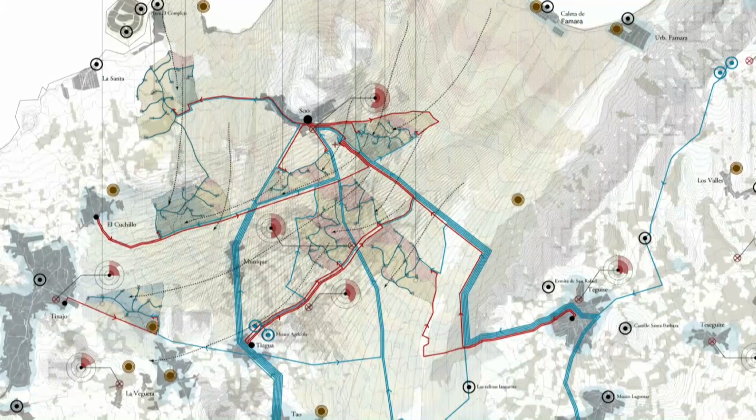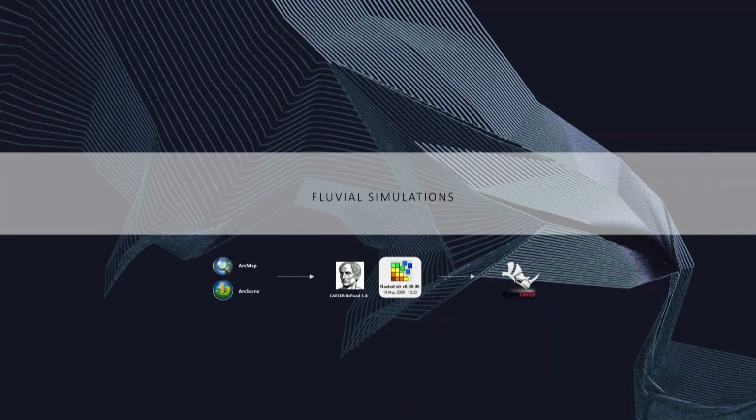Now, with this, we also have certain other simulations that we usually do in AALU, which are more fluvial simulations, which are done with river and water systems. And it uses certain different software than the ones we've discussed right now. It uses CAESAR, and it uses certain ArcGIS input as well.